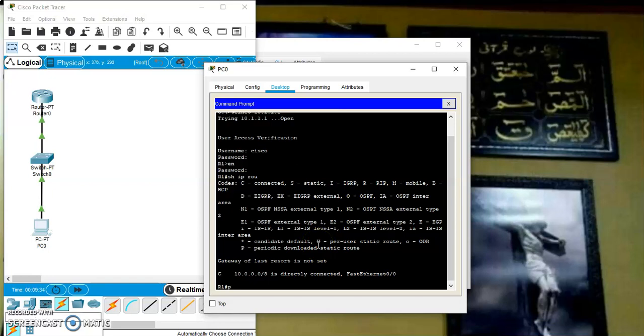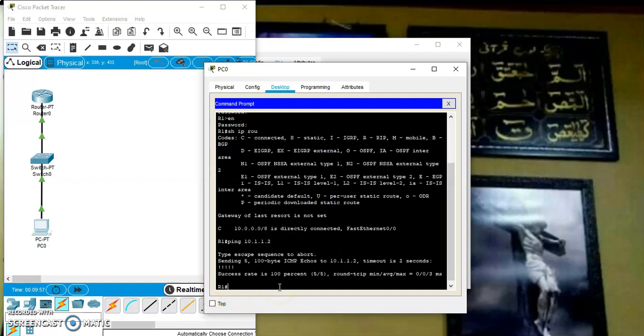Now let us check whether we are able to gain access to, sorry, the IP of the host was 10.1.1.2, right? So we are in the router. Now let us check whether we could gain access to this device or not, because this device has the IP 10.1.1.2, right?